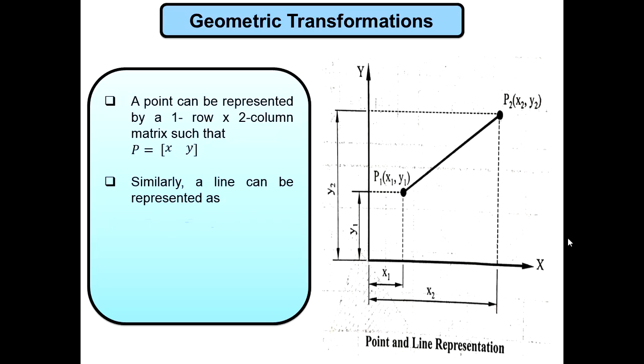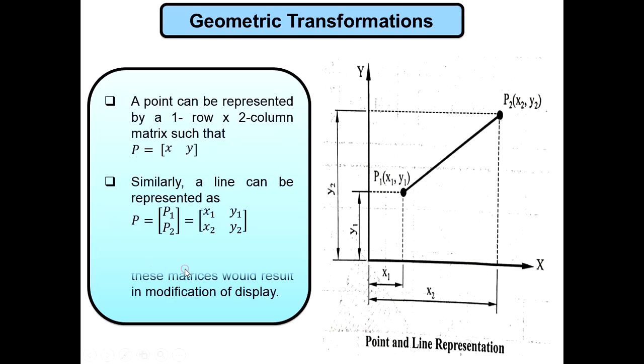This line can be represented by 2 points, P1 and P2. So we have P1 (x1, y1) and P2 (x2, y2). This line P1 P2 can be represented by a 2-row, 2-column matrix, that is P1 (x1, y1) and P2 (x2, y2). Now any change in the position of the line or in the size of the line